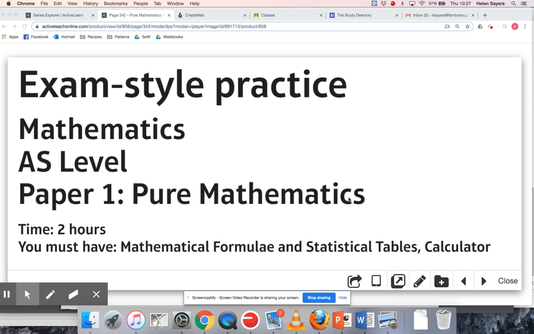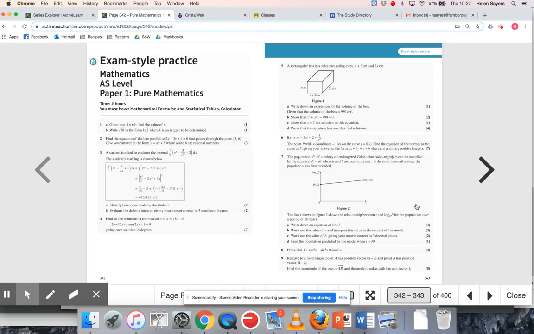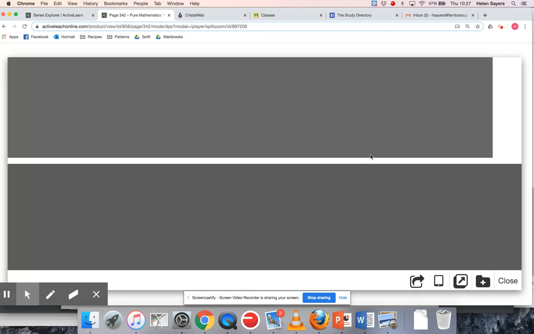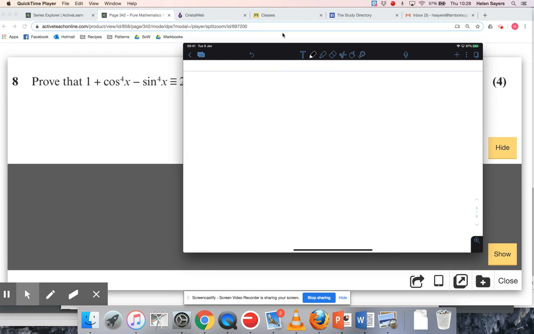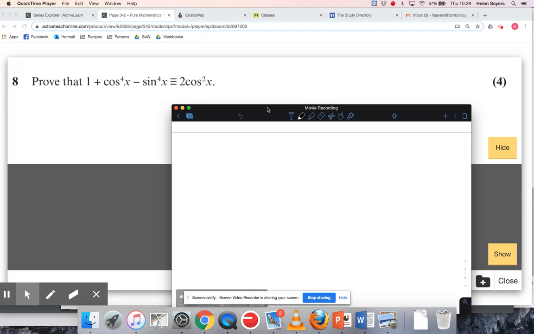Okay, so we're looking at the practice paper from the first year textbook, and we are on question 8. We've got a trig identity to prove here, and I've got two terms to the power of 4. So I've got two options here. If you can spot it, the quickest way, but the way that might be a little bit trickier to spot,